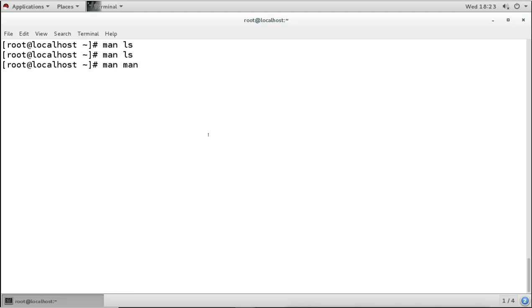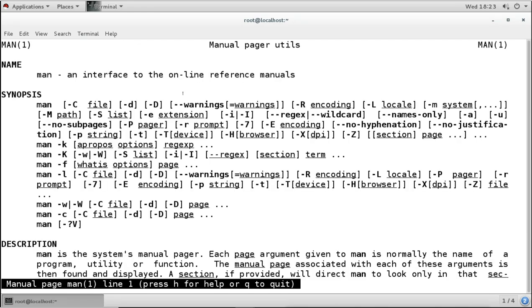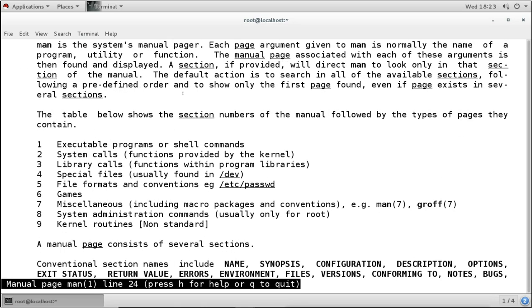That means I want to see the manual page of the man command itself. So when I do this, here we can see what those numbers mean. Number 1 manual page means it is for executable programs or shell commands. So when you see the manual page of any command, it will show you this 1.